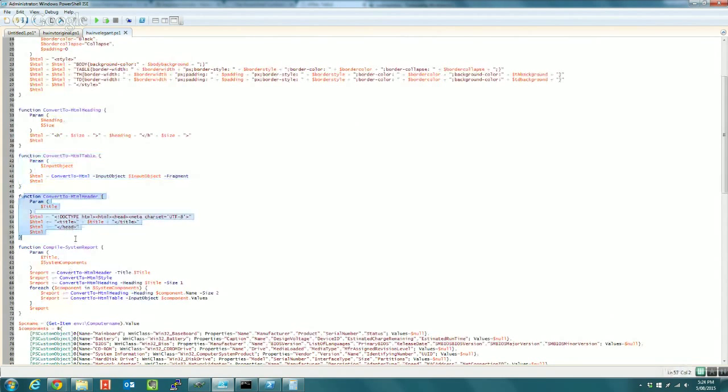And convert to HTML header. So this is to get the metadata at the top of the page, right? And finally, compile system report. And this calls all of those other sub-functions to create the report. Now, this is what I was talking about in terms of